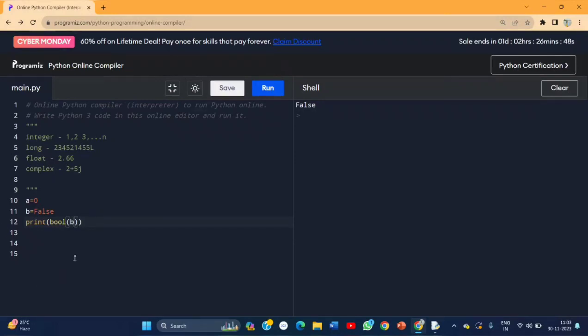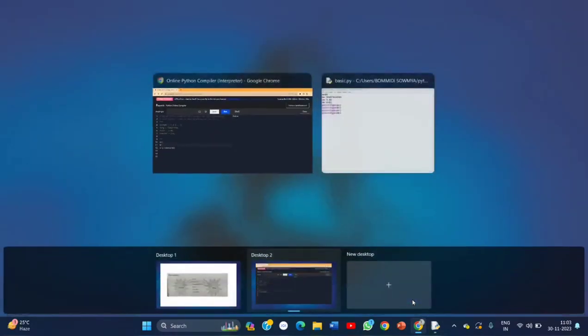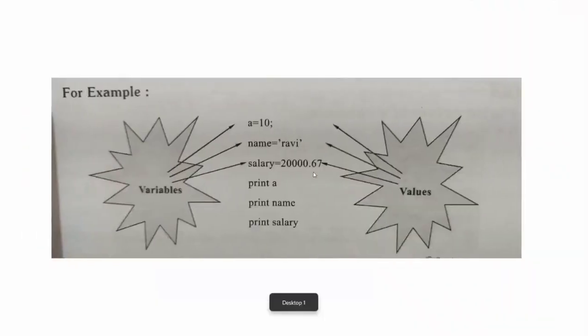Whatever is in it will be printed. Okay, that's the statement. As of now I think you got what I'm exactly trying to explain to you. So if any doubts, then